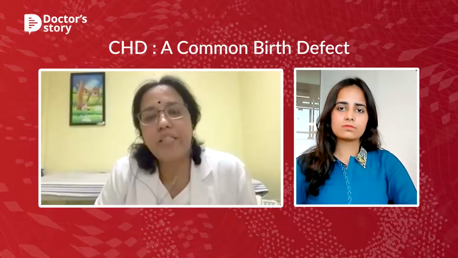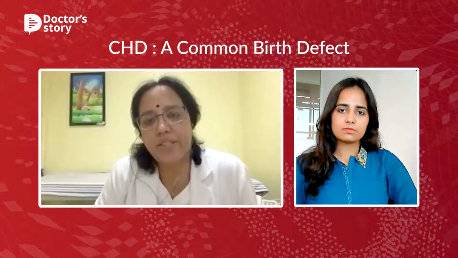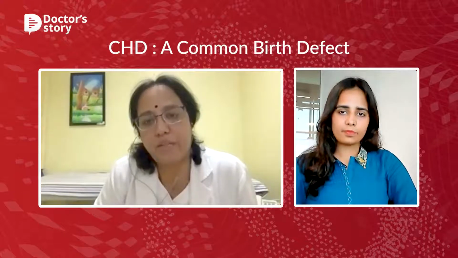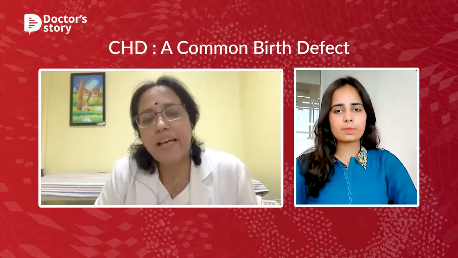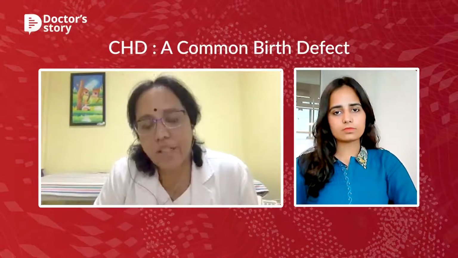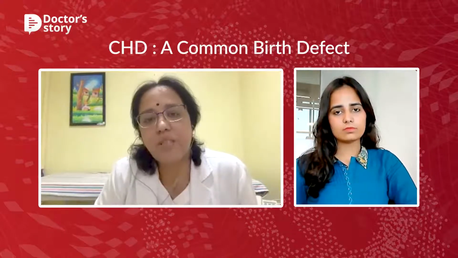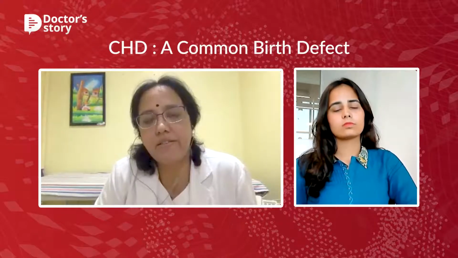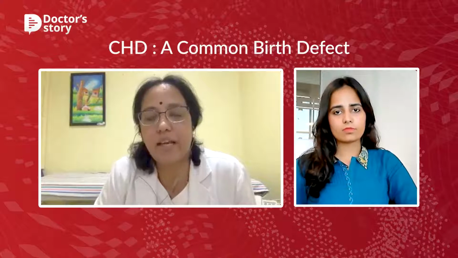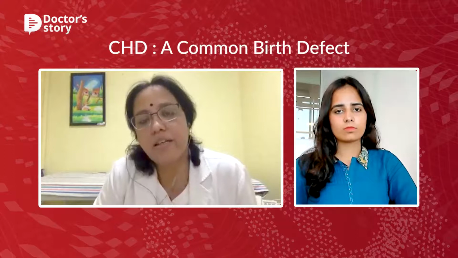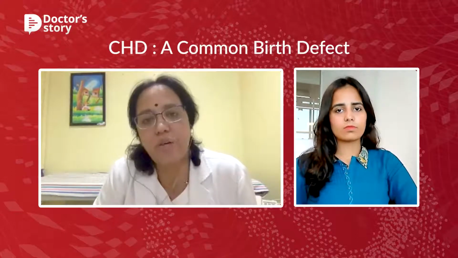How long can a child live with congenital heart disease? Untreated heart diseases, definitely the child will have a limitation to his lifespan. But when you treat the congenital heart disease, we are certainly trying to give the child as normal a lifespan as possible, like any other child. Again, it depends on the complexity of the congenital heart disease. There are some defects which we call totally correctable. So if it's a totally correctable heart disease, at the end of the surgery, we have something like a normal heart like anybody else. So such hearts are likely to have a very normal lifespan.